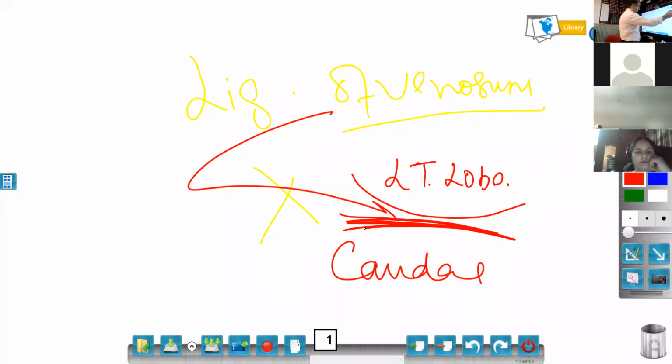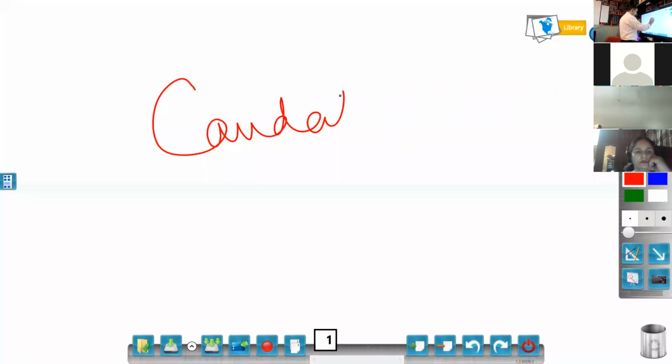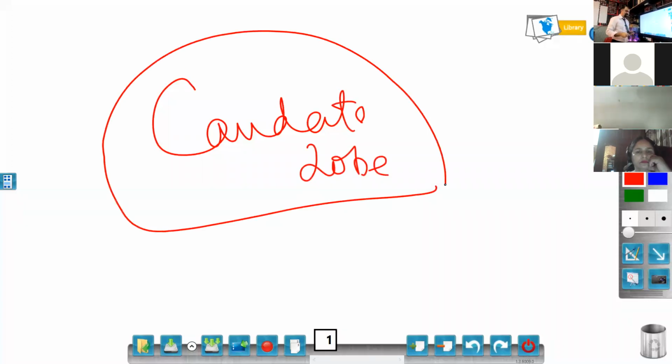Why should I know about the caudate lobe? Because the caudate lobe can be spared in many pathologies. It can even be spared in fatty liver, and then it will look like a mass. If I don't know that there is a caudate lobe and where it is, I may easily overdiagnose a case and think along the lines of some abnormality. So that is why I should know about the caudate lobe.